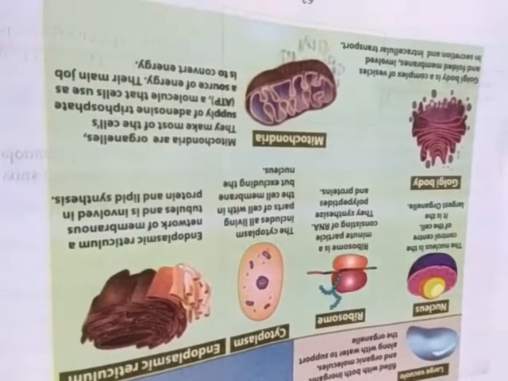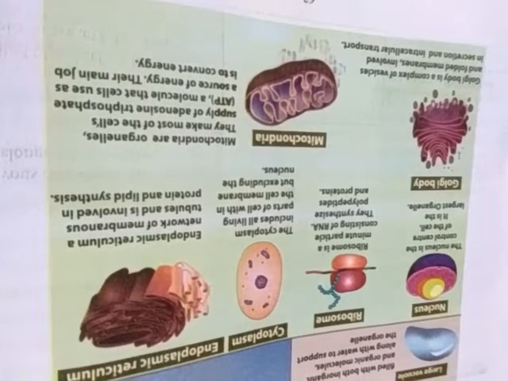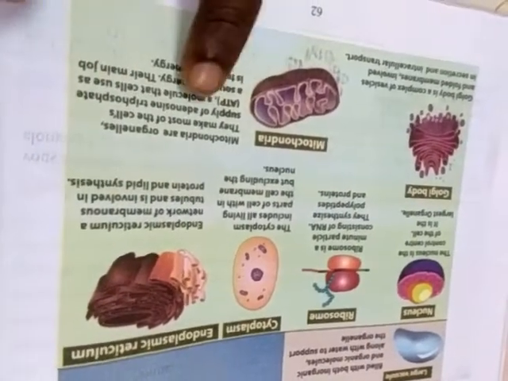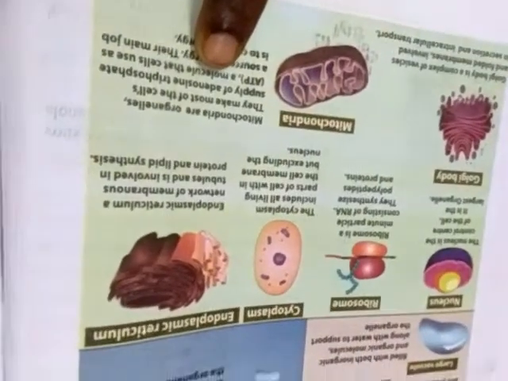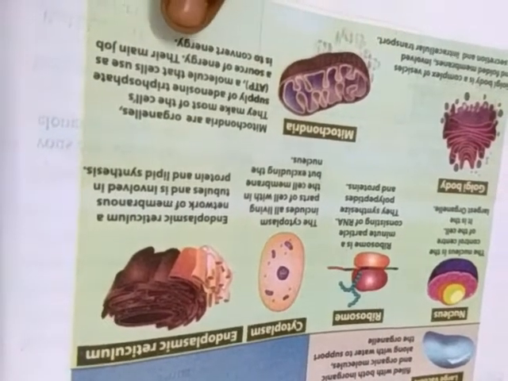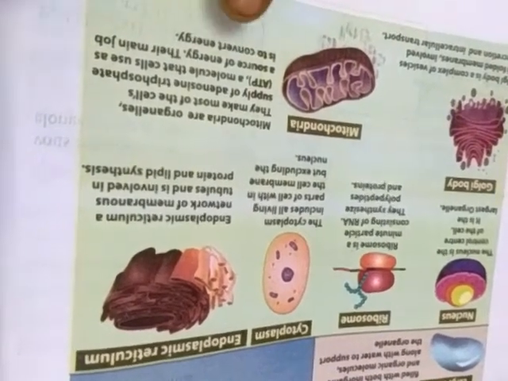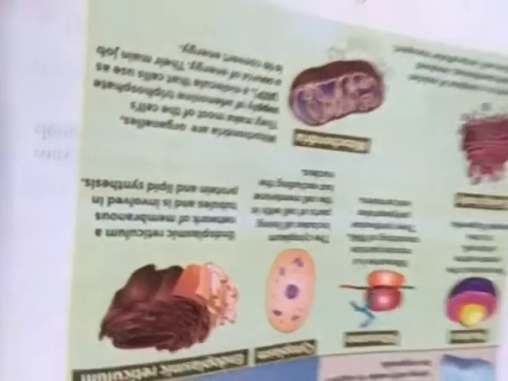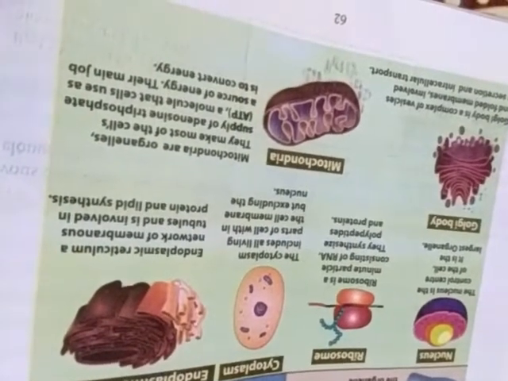Mitochondria. Another name for the mitochondria is the power cell, the power of the cell. Okay, so the mitochondria are organelles that make most of the cell's supply of adenosine triphosphate, ATP, the molecule that cells use as a source of energy. Its main job is to convert energy. It supplies high energy. Okay, next you see that